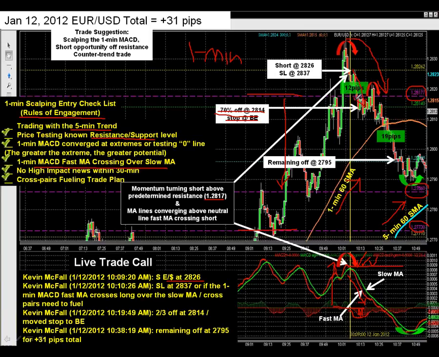At this point, you see price started to turn back up a little bit, but because the MACD lines were overbought here, getting more sellers than buyers into the market on the euro dollar, it continued finally to bring this back down to test a 1 minute trend line and to continue to short down to 27.95, where it started to stall a little bit. I already had my 20 pips at that point, so I took the remaining off at 27.95 here. Now you could have easily put a trailing stop on. However, what did price end up going to? Right to support, predetermined support at 27.86.